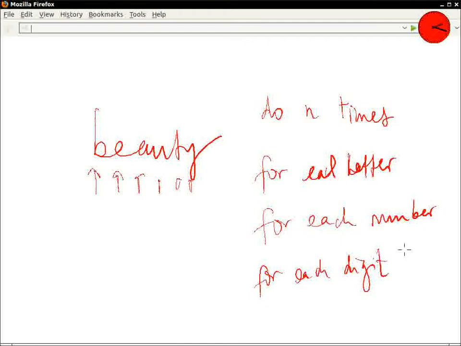If you write it like that in the pseudocode, then you can later figure out how am I actually going to get each digit, how am I actually going to get each letter. That's just implementation. That's the gas pedal. But the higher insight is you want to traverse something and look at whatever it is that you want to look at. So in this particular example here, the pseudocode would say for each letter,